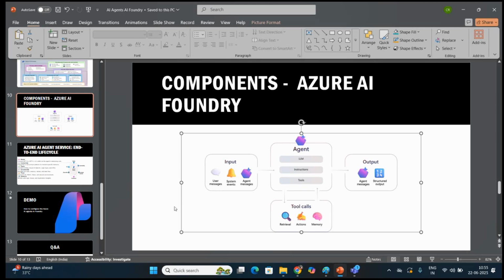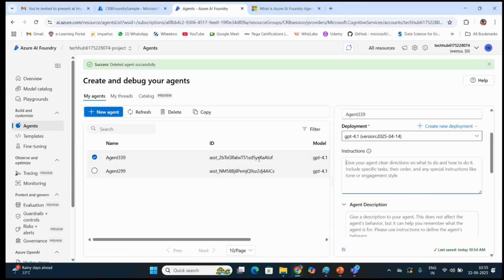It would have the user messages given for it, system messages given for it, and agent messages given for it, right? So the instruction is part of the user message. You should be giving a clear instruction on how your agent should act.